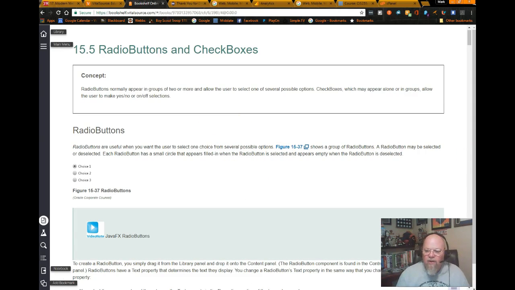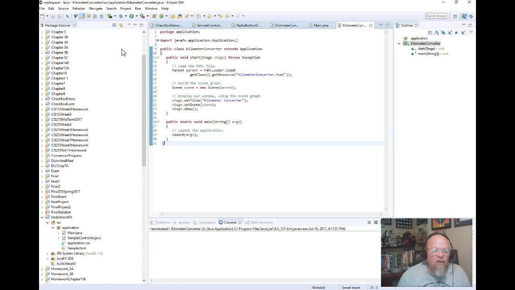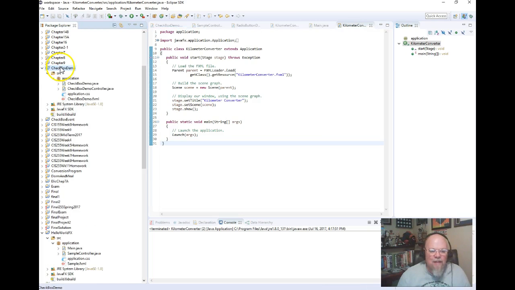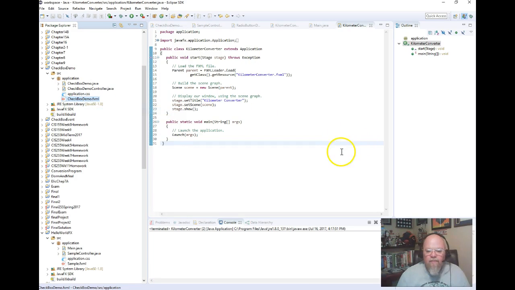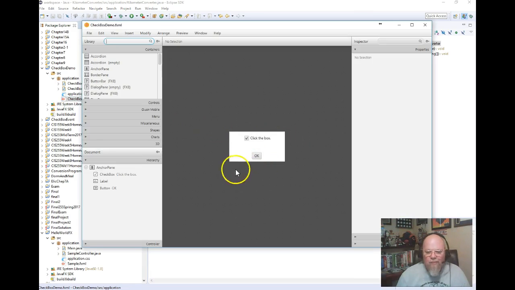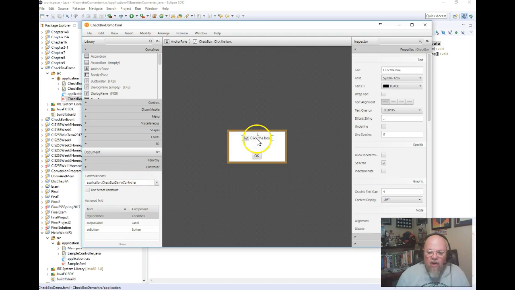So if we come over here, here we have a checkbox demo. Okay, so I'm going to open this up in the Scene Builder. Pretty straightforward, simple item. We've got a checkbox. First of all, we have our anchor pane, and if I look at my anchor pane, I have that tied to the application.CheckboxDemoController. I come over here, I click on my checkbox, and I can see that